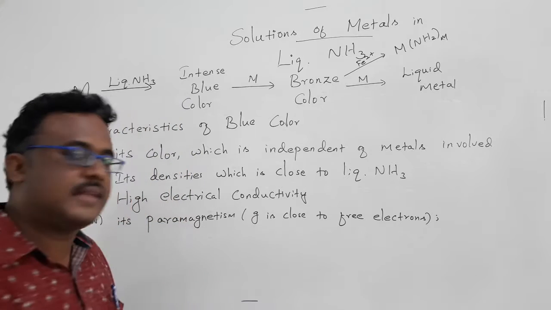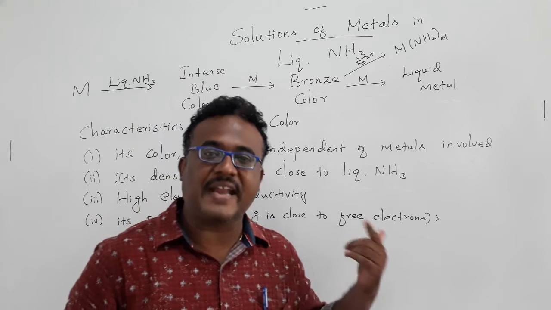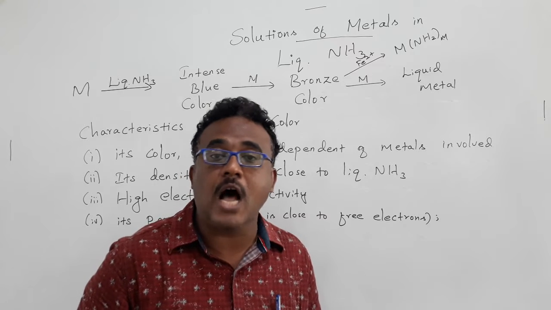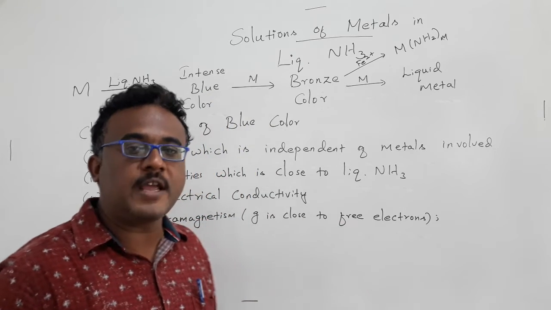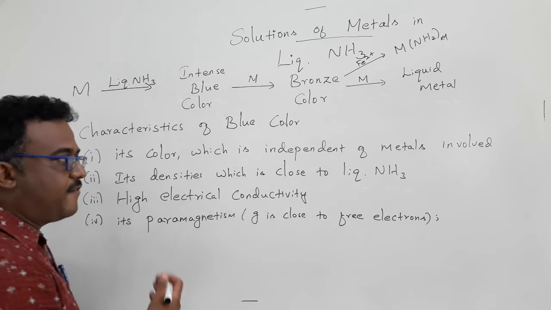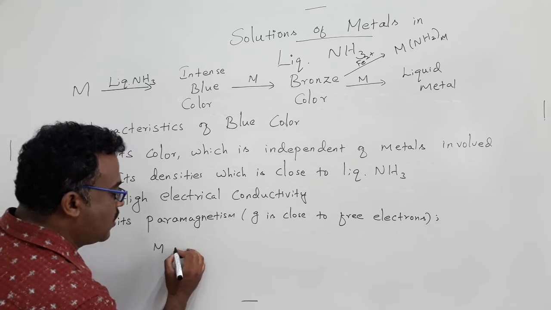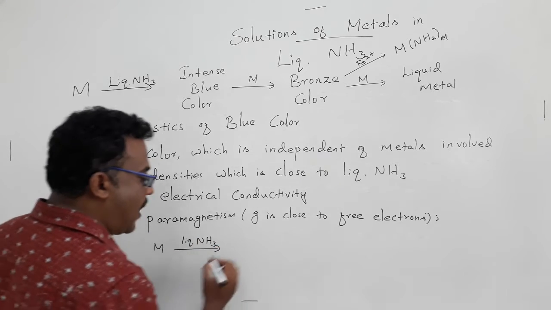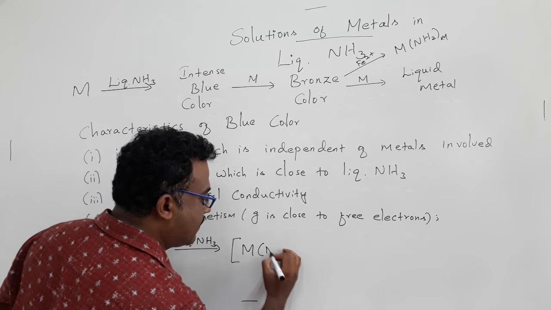This indicates that in dilute solution, metal is forming metal cations and there is a formation of free electrons which are not associated with the metal center. That's why the g value is closer to free electrons. From this point, I can explain what happened by chemical equations. You can take any kind of metal and react it with liquid ammonia. You are getting a blue color solution. Why is the blue color solution forming? From this, we can write in the form of metal